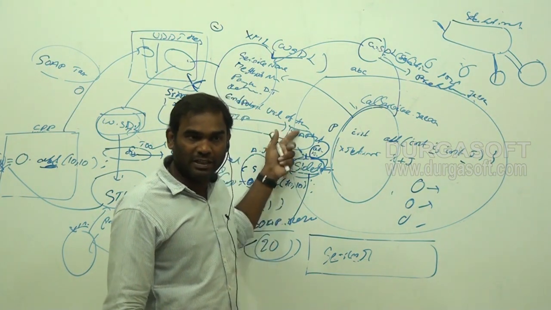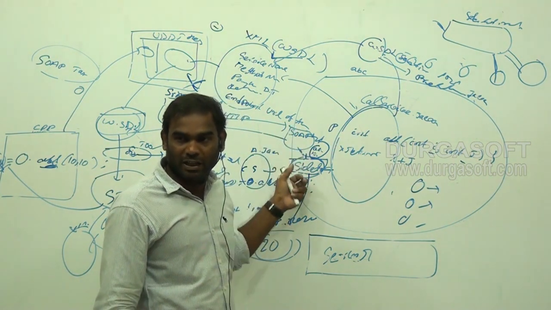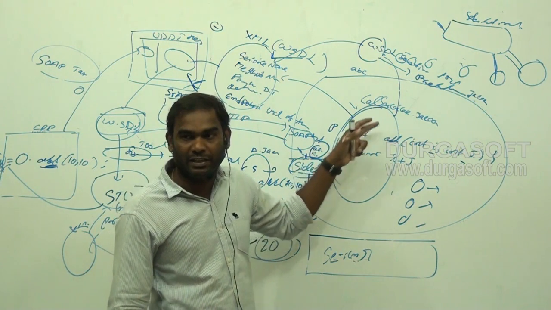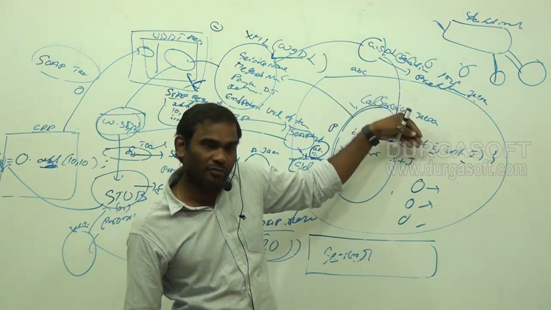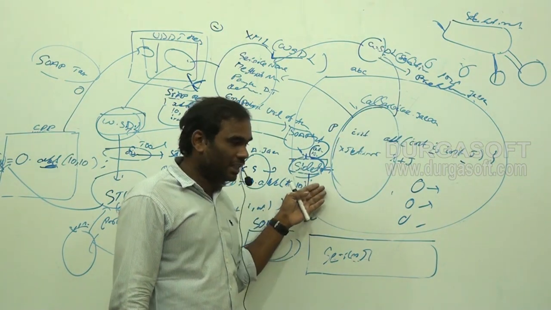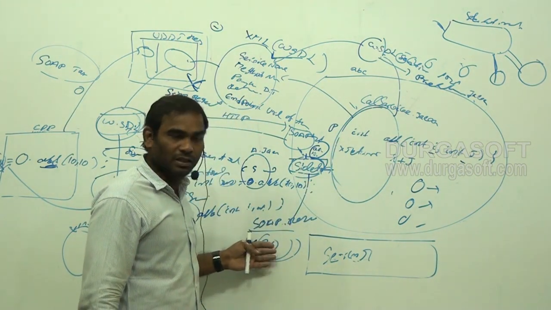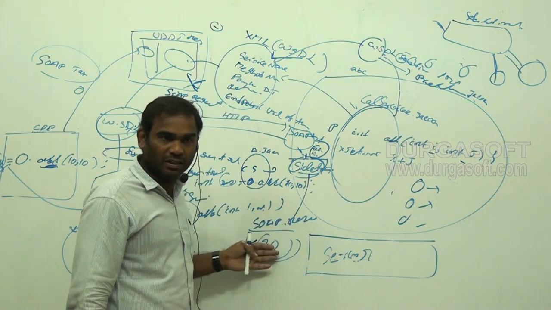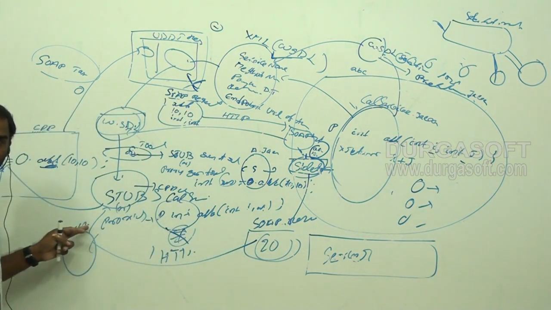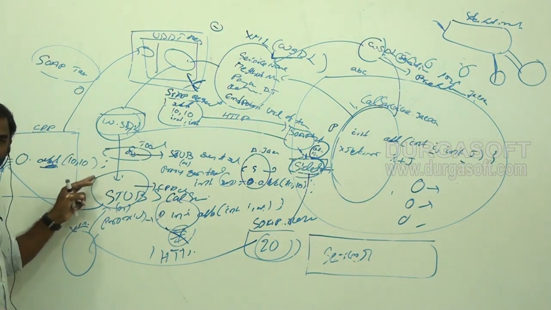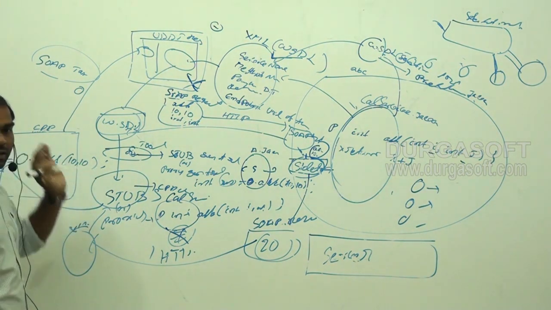Now the skeleton will read that XML document, get the client request method details, and create the service class object. On the service class object, the requested method will be invoked, and it will get the return value. That return value again it will put into the SOAP response here. Am I right or not? Again, the HTTP protocol will move the SOAP response to the client location. Now this SOAP response will be read by the stub. The stub will get the return value, and that return value will be assigned to the client here.